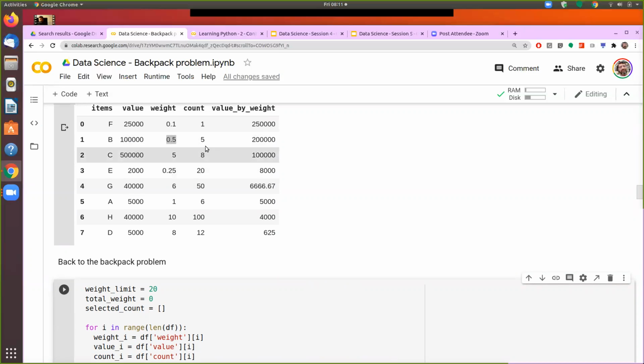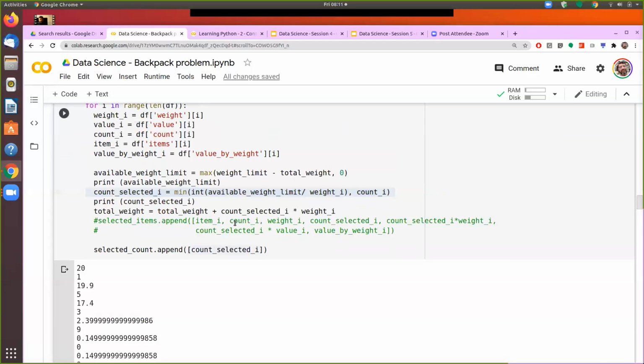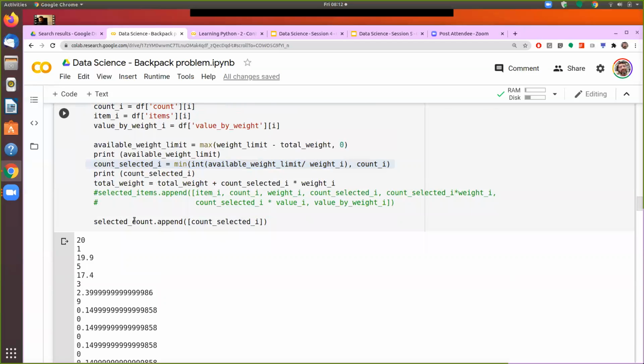So here, even though there are 8 items, I'm able to select only 3. That's what this line of the code is saying: minimum of either the available weight divided by the weight of the item, or the number of items. So here the number of items I have is 8, but this one evaluates to only 3. So I can take only 3, and that becomes 15 kgs. So I am left with 2.4, and that's how it goes on operating.